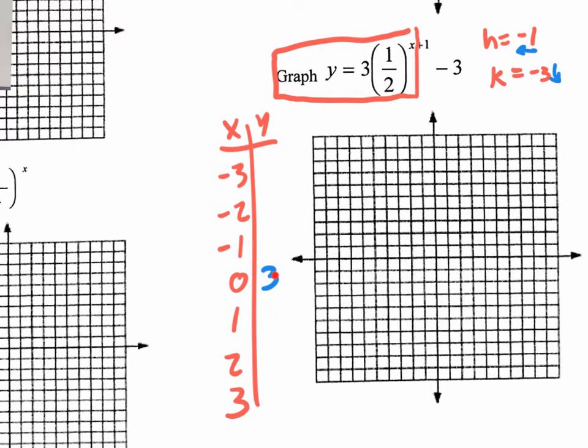So I'm going to need to decay this output by that 1/2 to get to my next one. This gets a little ugly because we end up with 3 times half. What's half of 3? What's half of $3? $1.50, right? 1.5. So do you see how I decayed the output just by multiplying by that 1/2? 3 times 1/2 is 1.5. And then I need to decay this further by 1/2 to get to the next one. So what's half of $1.50? 0.75, right? And then half of that, it's getting ugly. Half of 75 cents is